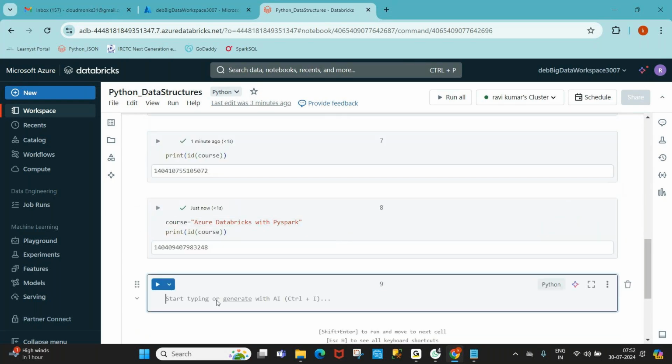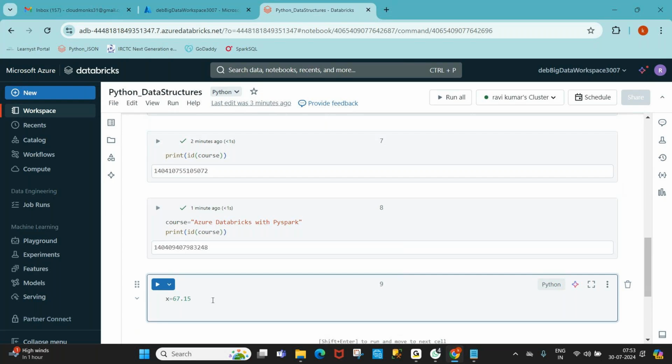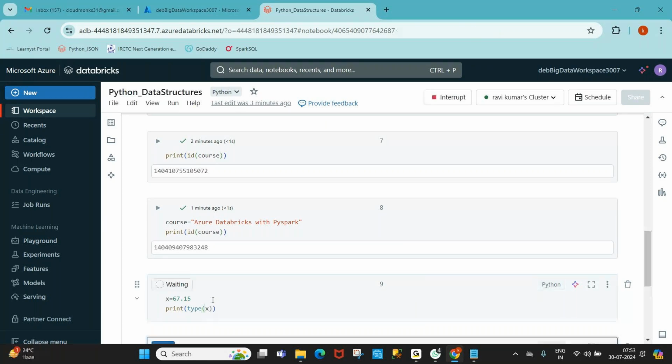One more thing. Floating point number. x is equal to 67.15, integral part and decimal part. Now print type of x determines what type of object it is.